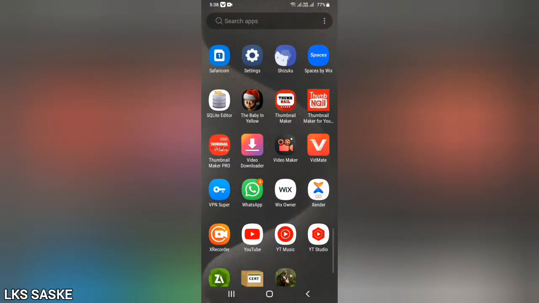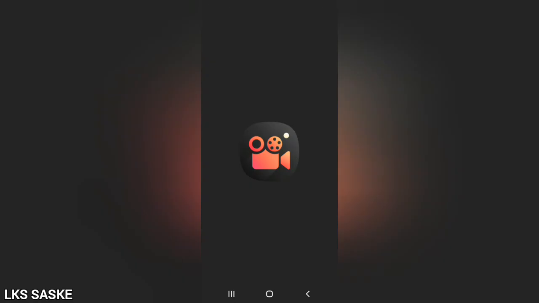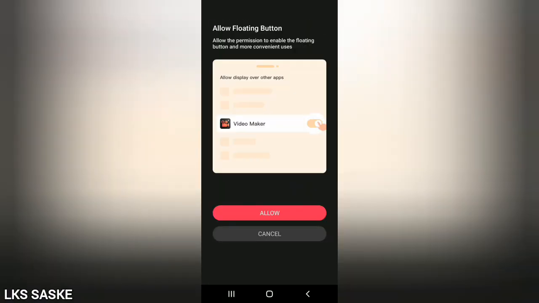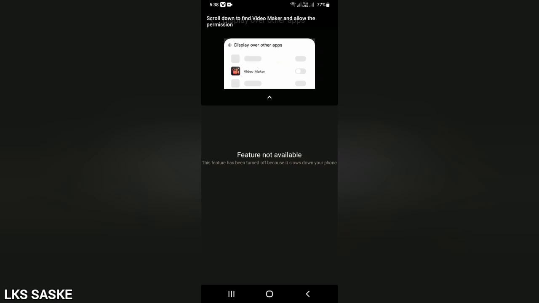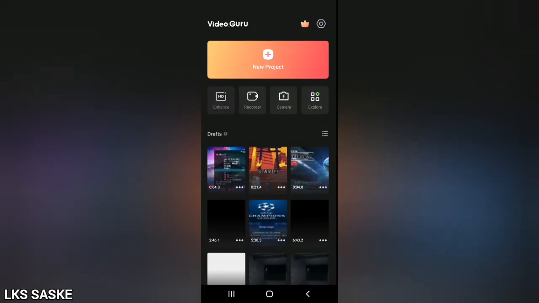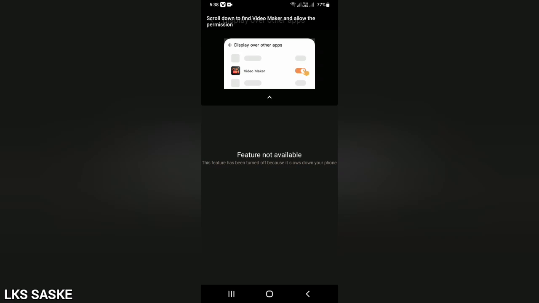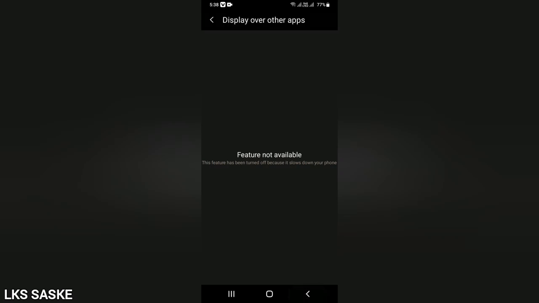In today's video I'm showing you how to solve the "display over other apps feature not available" problem on your phone. I have a video maker app that I use for recording. When you do the recording, the video maker app says the display feature is not available over other apps. My developers actually turned it off to make the phone run faster, but I need to do recording, so